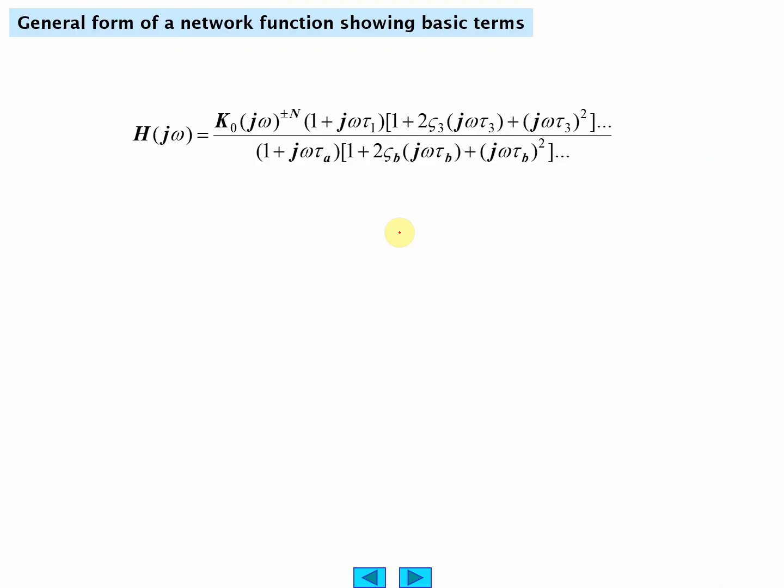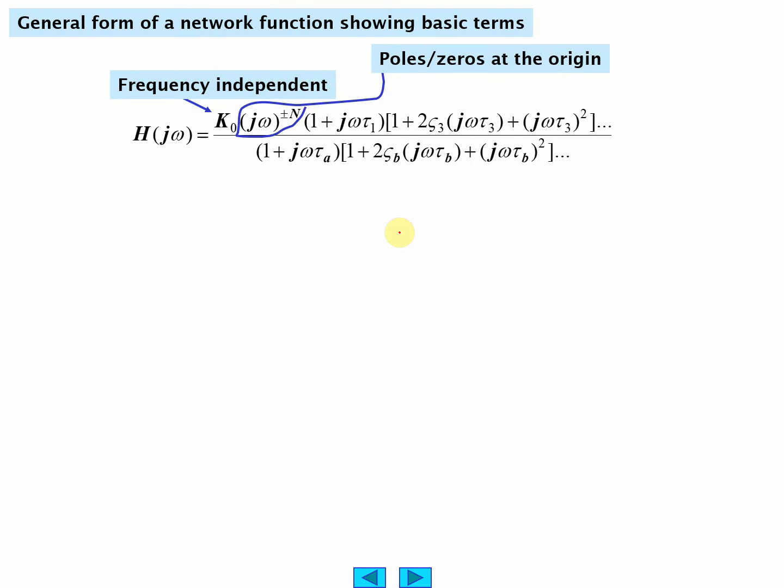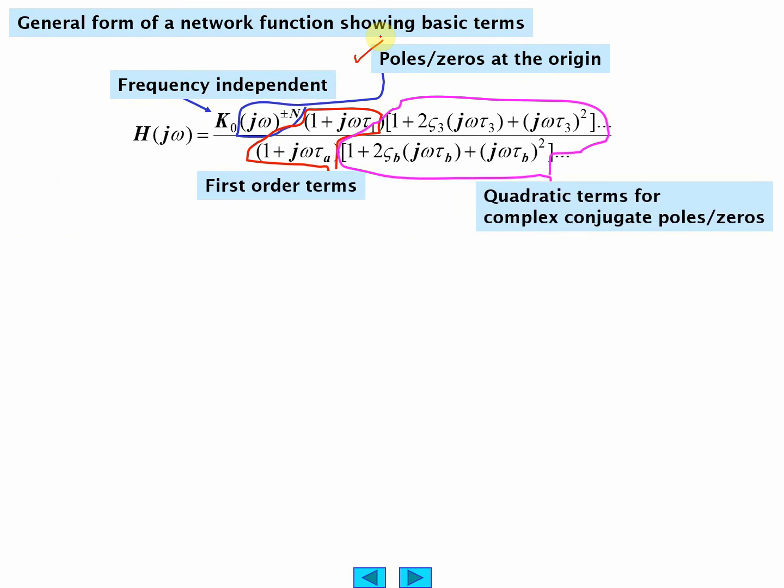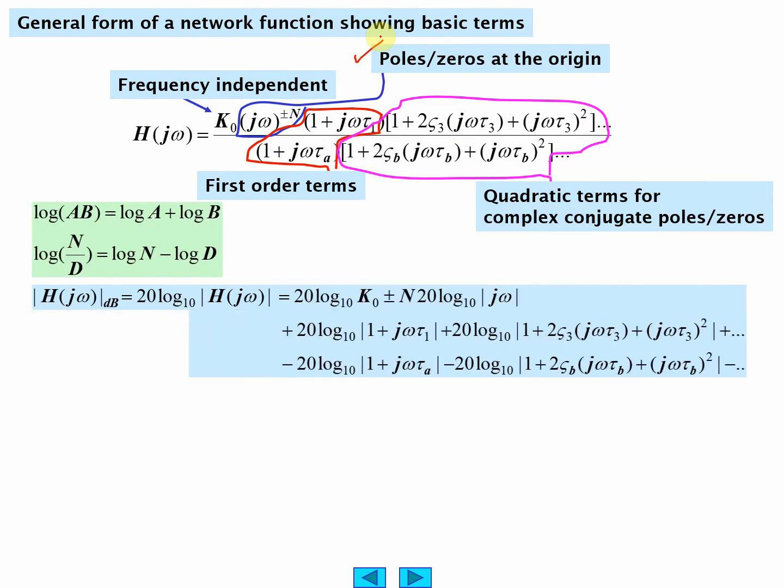So we have this complex formula here for the network function. Ooh, very complex. K naught is frequency independent, by the way. Poles and zeros. More poles and zeros. And the overall function. Properties of the log, that's all this is doing, is breaking this down into properties of the log. So when you take the logarithm of the H of j omega, you're going to get this multiplying term,